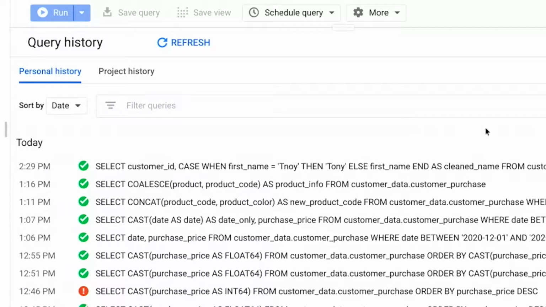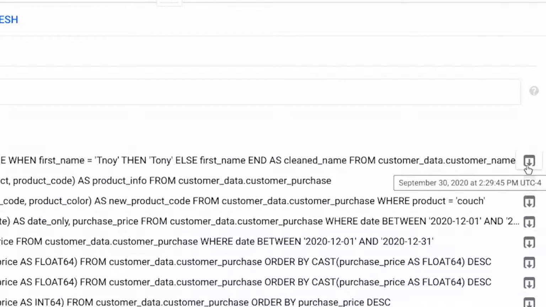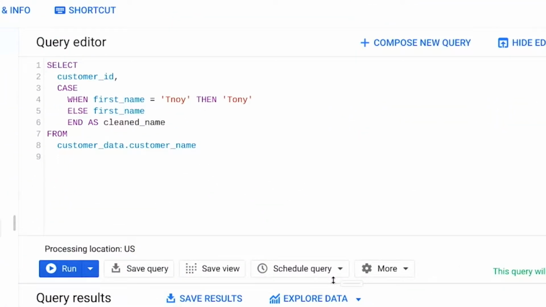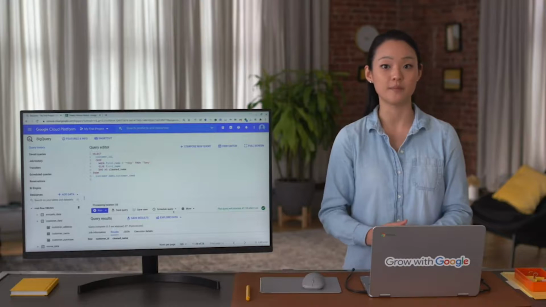Here's what we've got. I'm in the Query History tab. Listed on the bottom right are all the queries I've run by date and time. You can click on this icon to the right of each individual query to bring it up to the query editor. Changelogs like these are a great way to keep yourself on track. It also lets your team get real-time updates when they want them.